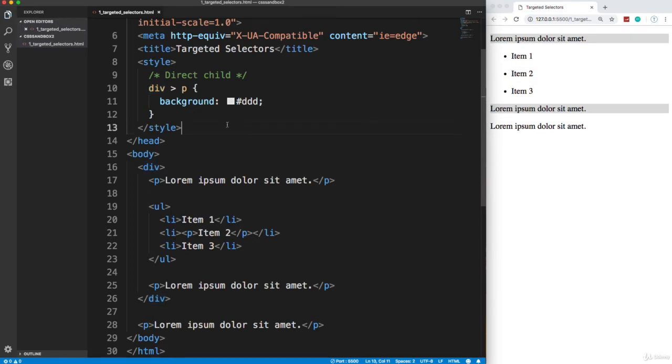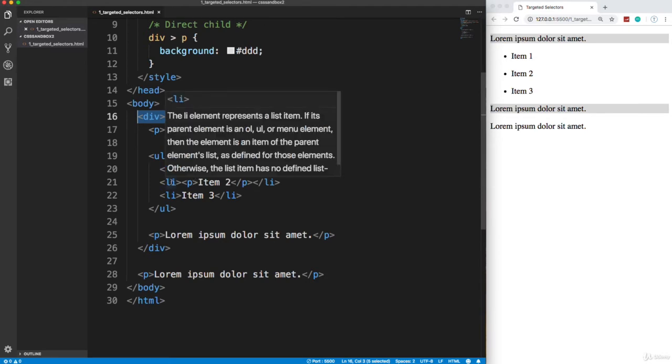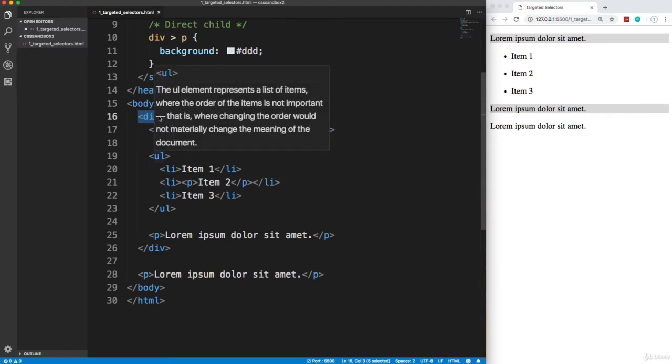So let's save that, and you can see that the middle one here disappeared because it no longer pertains to that, because this paragraph's direct parent is a list item. Even though it is in this div, it's not the direct parent. The direct parent is a list item, then that parent is the UL, and then that parent is the